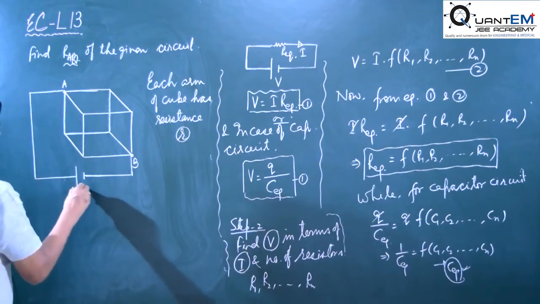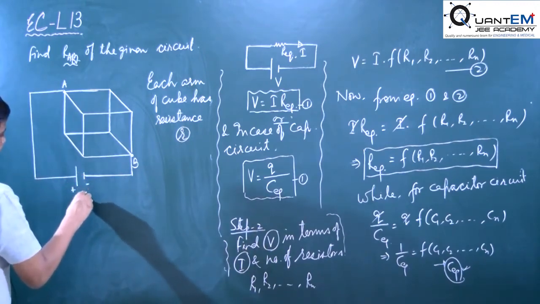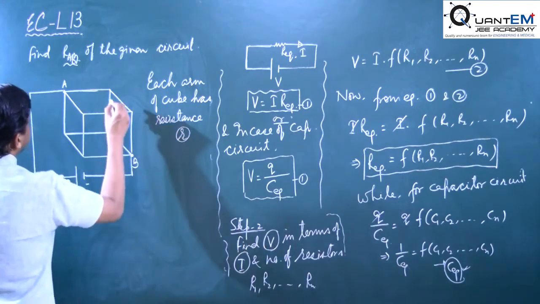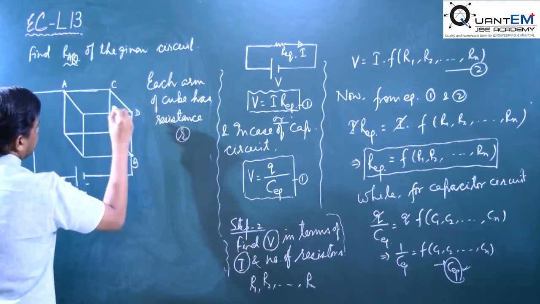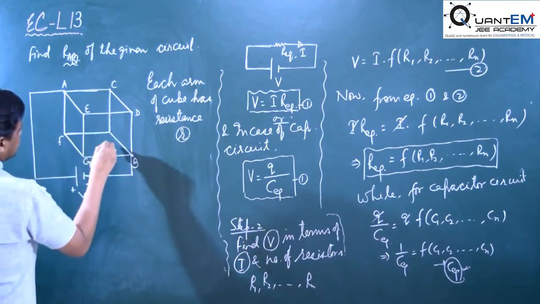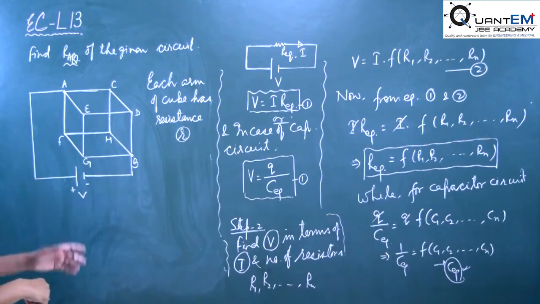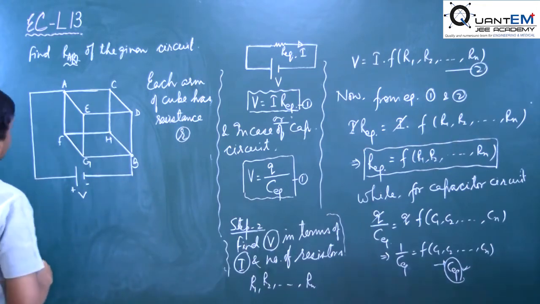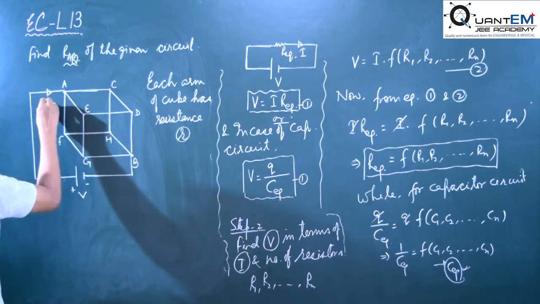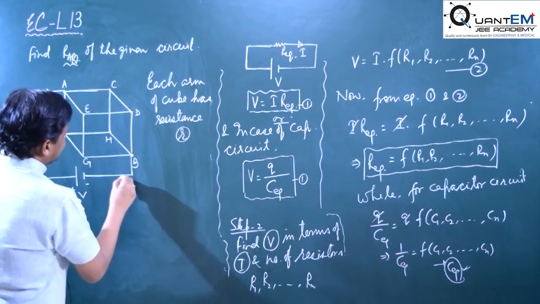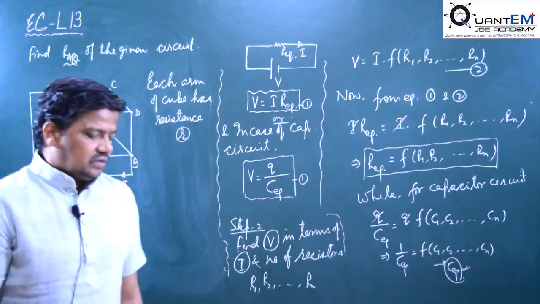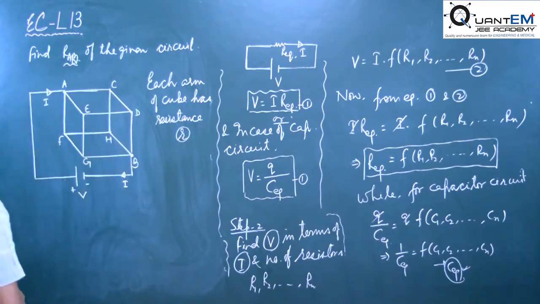This one is the positive end and this one is the negative end. This supplied potential is suppose V. Now see, these points are suppose this one is C, D, this point is E, F, G, and this point is H. We have considered these points. Now a current is coming into the circuit. This current is suppose I, and the current coming into the circuit will be exactly equal to the current going out of the circuit.